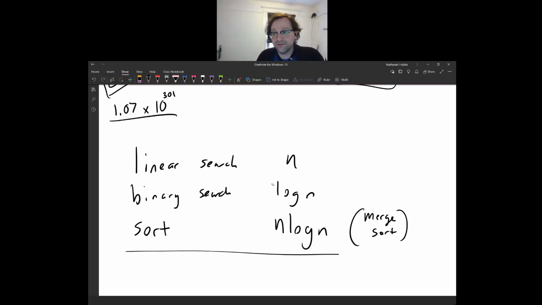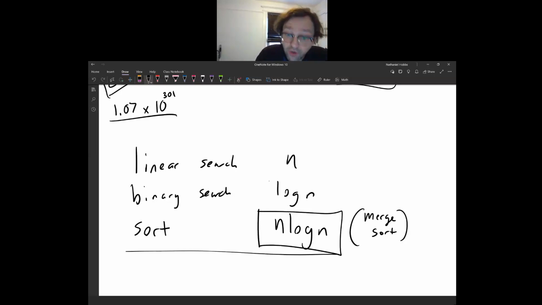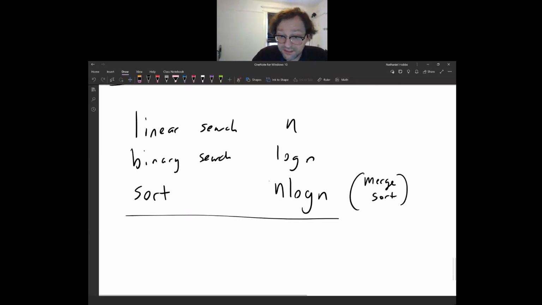Because it takes time n log n to sort, then you could say, if you're planning on doing at least n log n searches, then it's worth it to, in fact, no, even worse than that. If you plan to do log n searches, then it's worth it to sort your data first and use binary